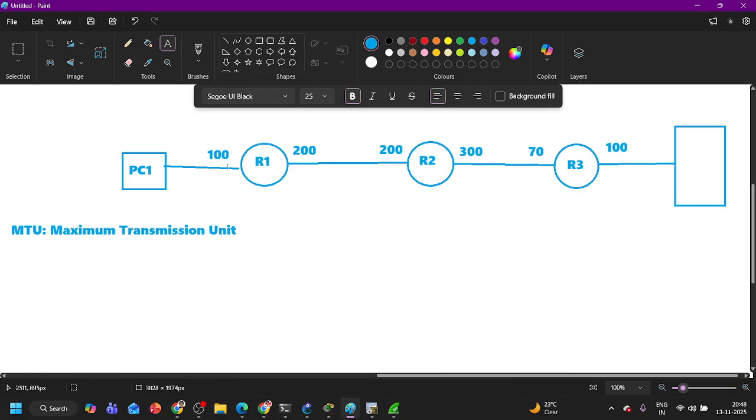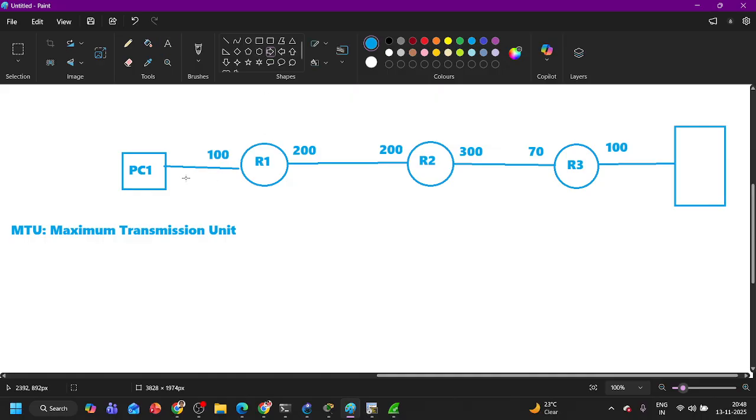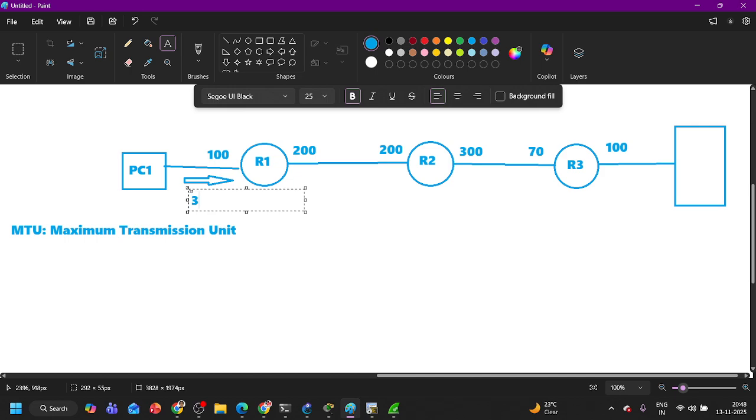If router number 1 is receiving data whose length is 300 bytes, can router 1 receive 300 bytes of data? Yes, it can receive. But can it transfer? No, it can't transfer because its maximum transfer unit is 200. So the router will either divide it into multiple parts, which is fragmentation, or